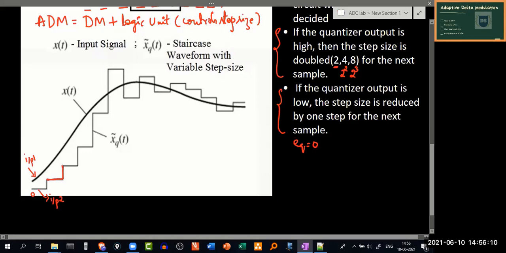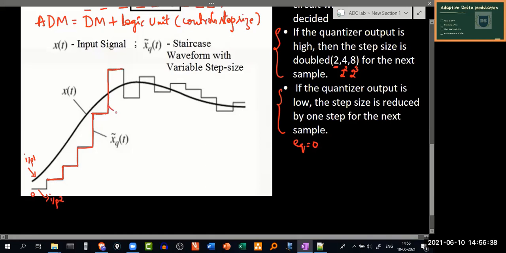Again subtraction will happen with the next sample, and if the difference is again larger, then again the step size will be increased, and this step size keeps on increasing. You can see here it's not a constant, it's increasing from here to here. The step size has increased by a large value, and finally here it has increased by a large factor.